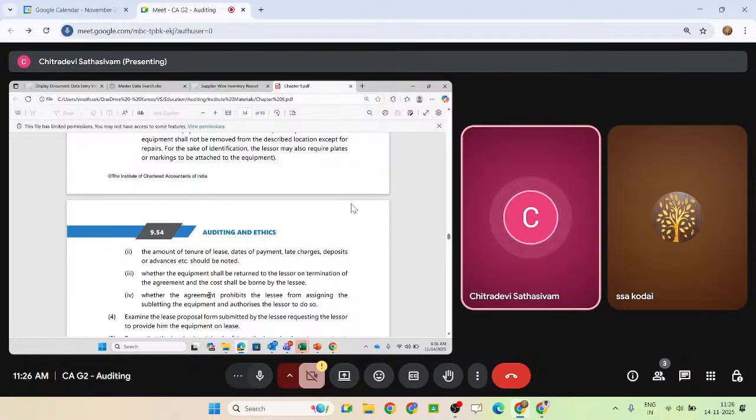Now, you have to ensure that these things are properly identified, because in the balance sheet you will be having all the assets in place. And being a chartered accountant, you have to examine. So, give me all your proposal forms and the contracts, whatever you have received for the proposal of leasing. Some requirement will come from the customer side, the lessee side. He will say, I need this equipment for my construction business for a 6 month project. So what is the rental?